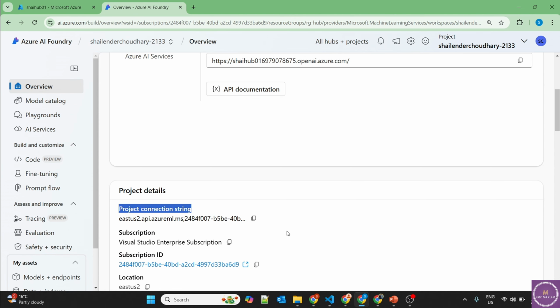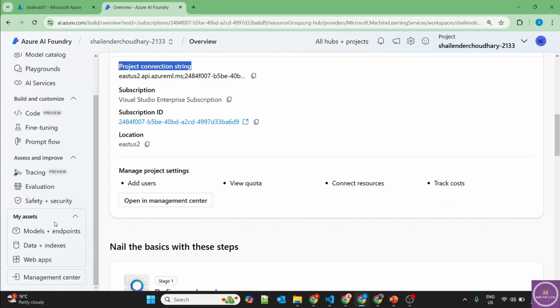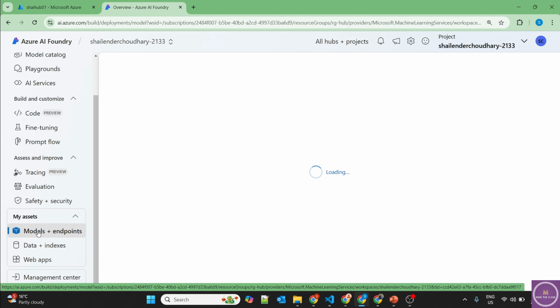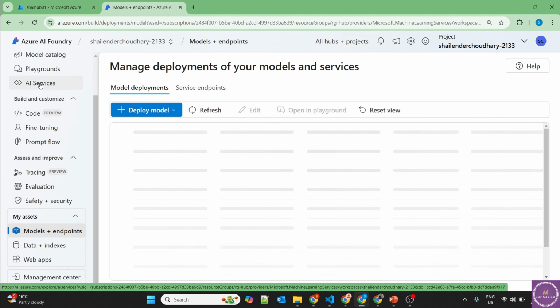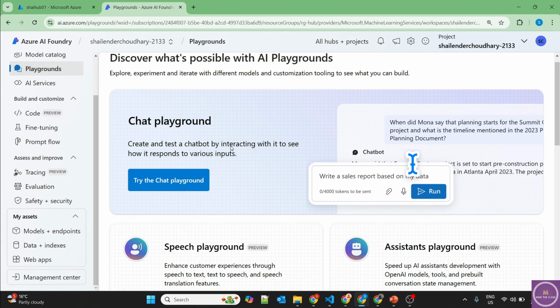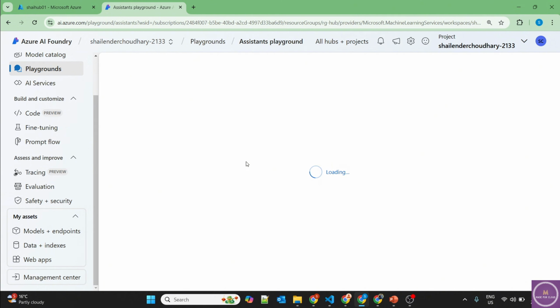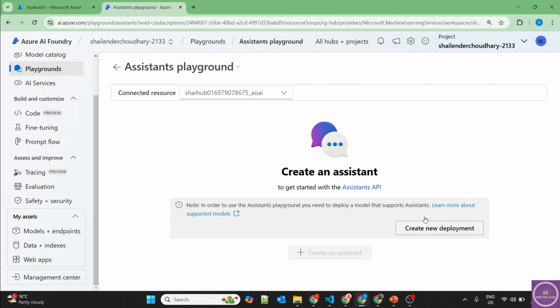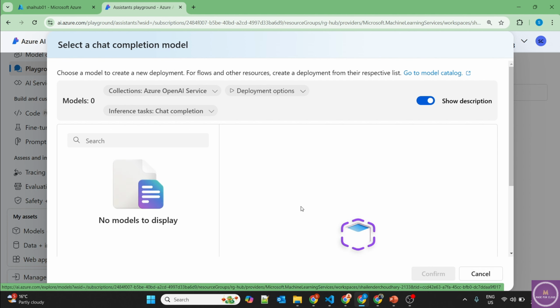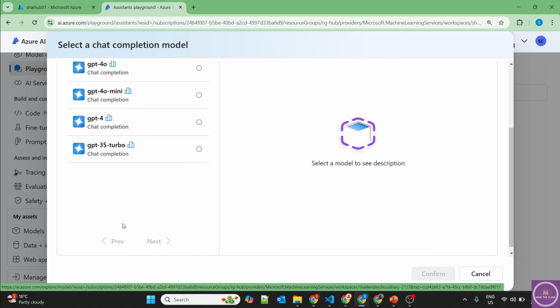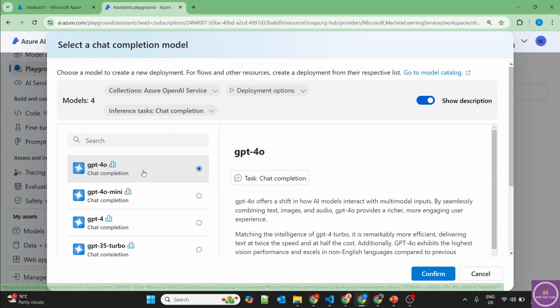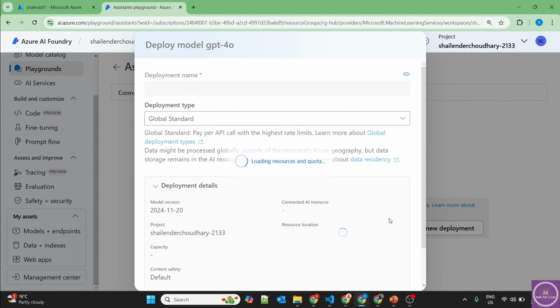I'll show you later. Now on the left side, if we go to deployments and models, or the easier way I would recommend is go to the playgrounds, go to the assistant playground. When you create a new deployment using the assistant playground, you only see the models which are supported. So here you see only 4 models. These are the only models which are supported. So now if you click on confirm,